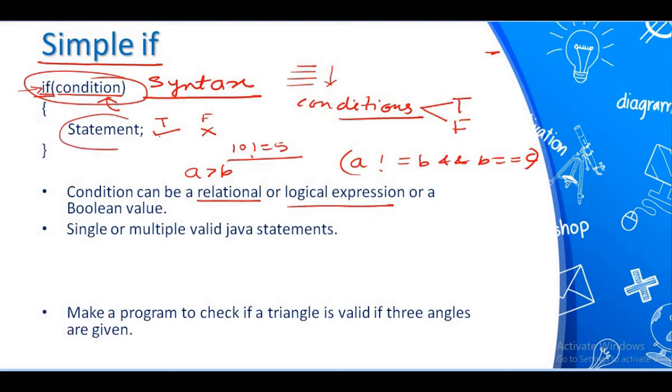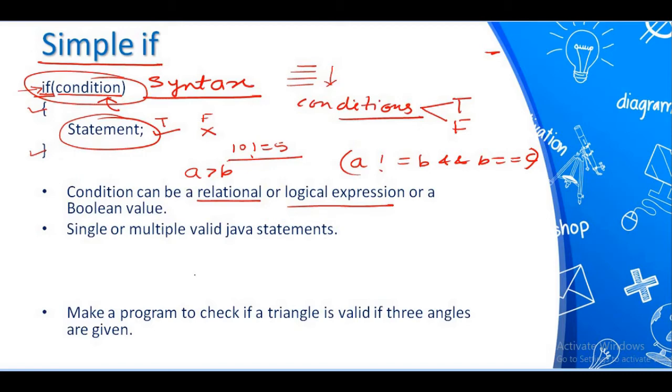And what are these statements? These are any valid Java statements that you can put. These curly braces are optional. If there are multiple statements, then you have to put them inside these curly braces, and if there is only a single statement associated with if, then you can also omit the curly braces.